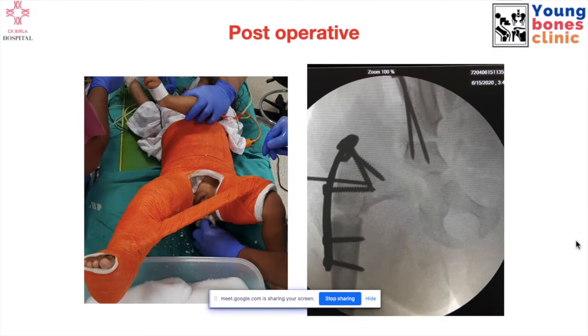But of course, I wanted to emphasize through this case that something as common as septic arthritis, in our Indian scenario, should never be missed. It's a sin. You cannot pardon yourself if you ever miss this, right? So I presented this case to sensitize you all about septic arthritis.